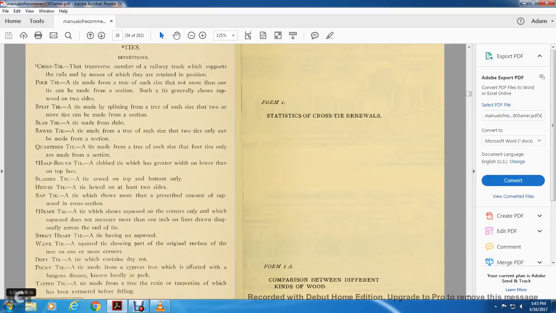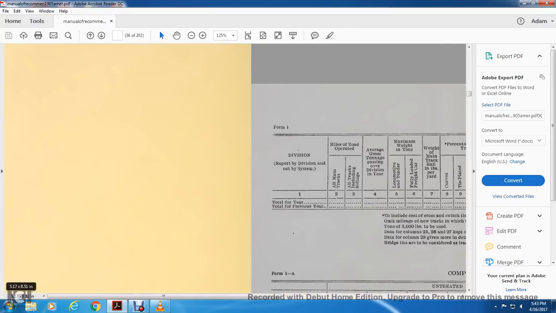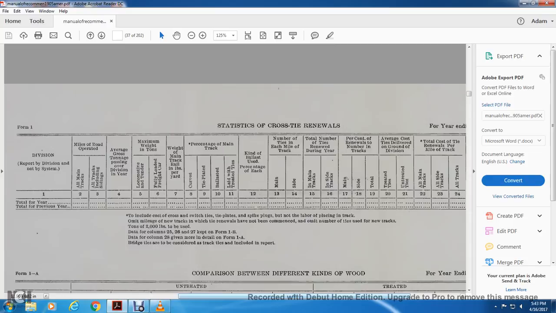Alright, Form 1, statistics of the cost of tie renewals. Form 1A, comparison between the different kinds of wood. This shows the statistics for the crosstie. You have your divisions, railroad division on a system, miles operated with all the main tracks, including sidings, gross tonnage, passenger division year,